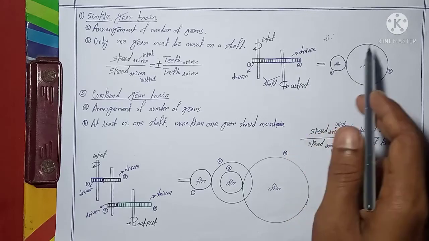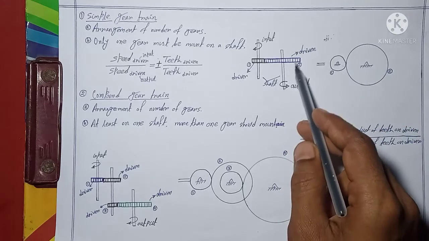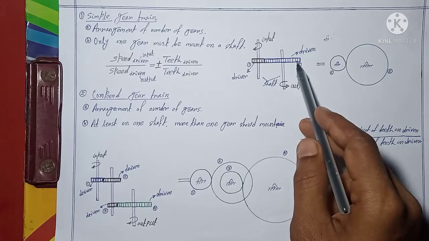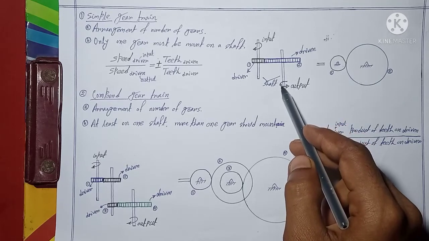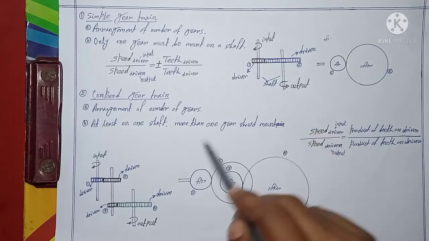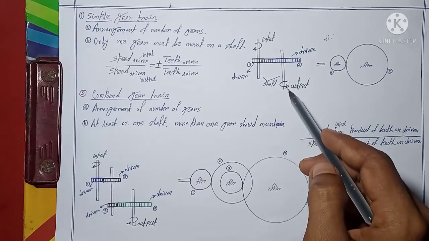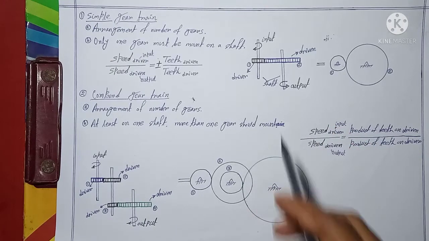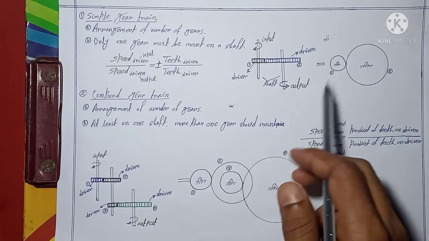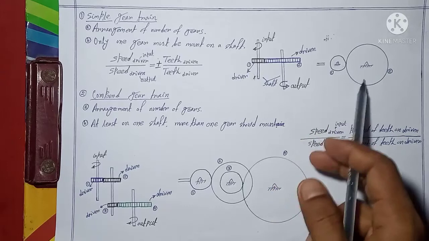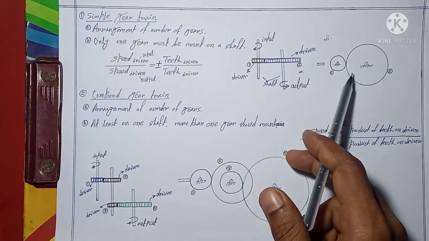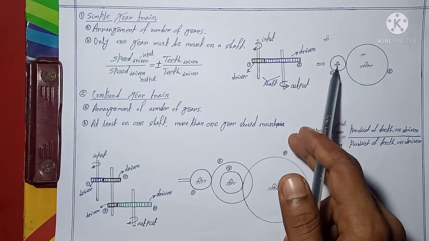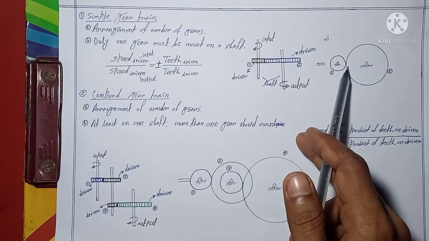There is no other gear. So the shaft mounted with gear 2 will provide us the output. So this is the output. Here the senses of rotation of the two shafts are changed. This simple figure, if you want, you can represent in that form also. Here is gear 1, here is gear 2, and this is the connection point. You can see gear 1 is connected to gear 2.